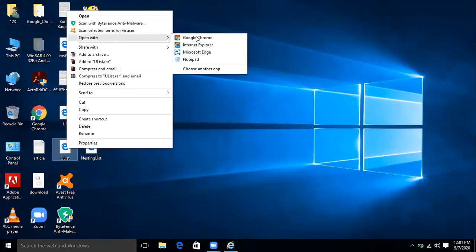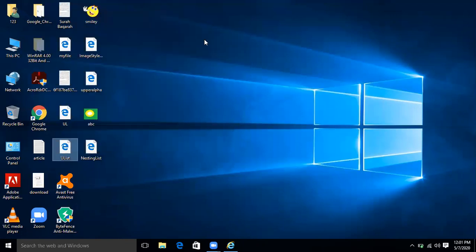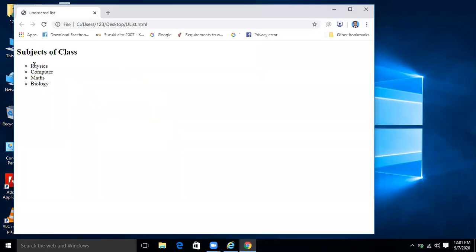I will open it in Google Chrome. I will see the output. You will see that the unordered list is showing you the output in the form of circles. Circles are there with physics, computer, maths, biology. Matlab, the circles are being shown